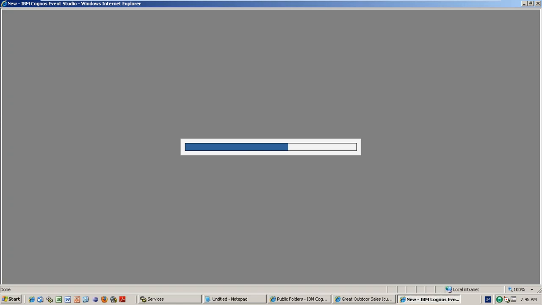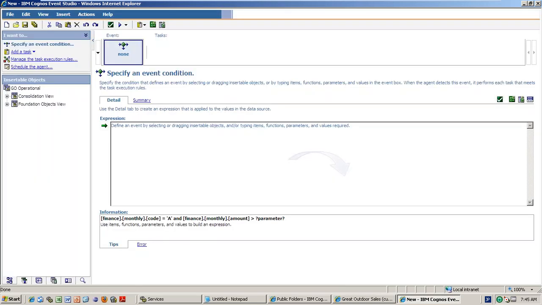Say in one of the live examples also, if any one transfer is more than 1 crore rupees from one bank to another bank, or if any customer transfers a very huge amount, or if any of the customers is transferring more money frequently, it may be money laundering. If you want to find that out, you can do it with an Event Studio report. It will capture it.